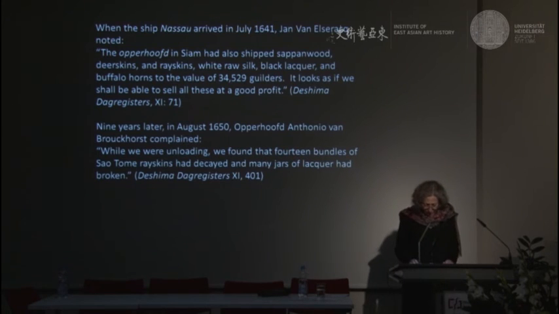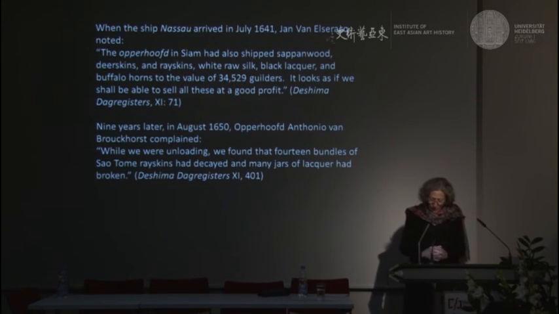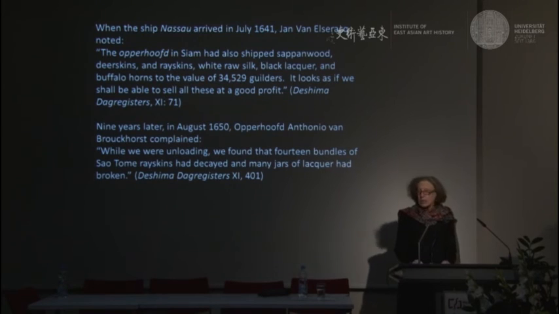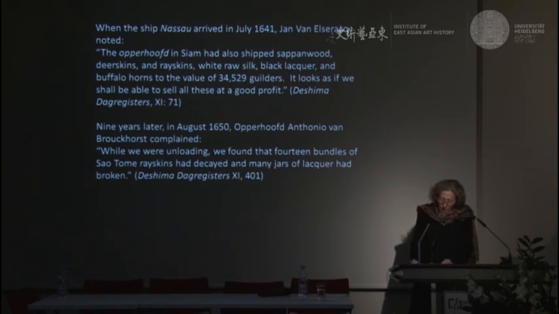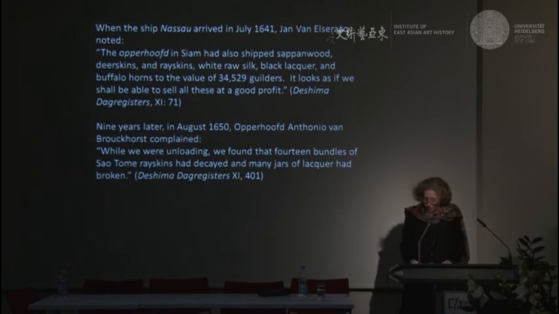These ray skins often came together with other semi-processed luxury materials, including silk, buffalo horn, deerskin, raw lacquer, which I mentioned earlier, and sapanwood, which is suo, used to create a dye, a sort of maroon, brown, or reddish dye. The 18th century Koisegi, or Discourse on Ray Skin, authored by Inaba Tsuryo, a specialist on sword furniture, helps